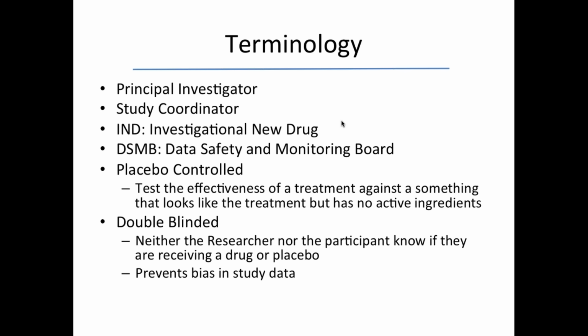So I want to review some terminology, and these are some words that I think will just be helpful to know. They're going to come up in many, many trials that come down the pike for Barth syndrome and other conditions, and so I just wanted to give you some tools to be able to approach and understand some of these trials. So the principal investigator is the person who takes responsibility for the safety and actions of a clinical trial going on at a specific site. If there are more than one study site for a clinical trial, there can be a principal investigator at each site, but that's the person, again, who accepts responsibility for the study team and the actions of that team at the site.